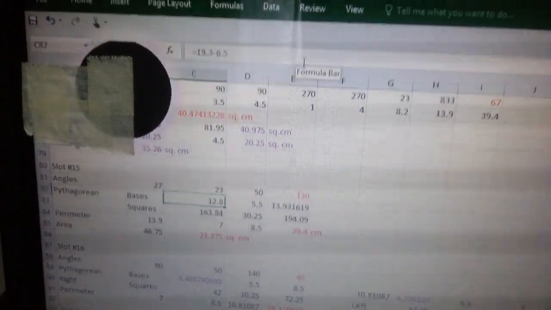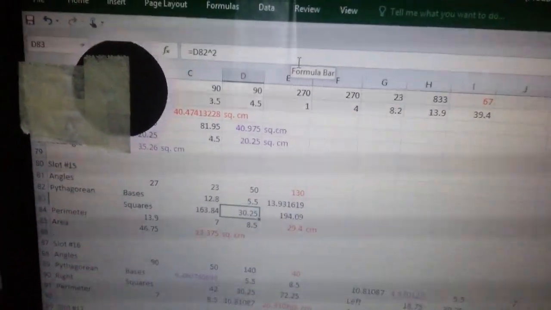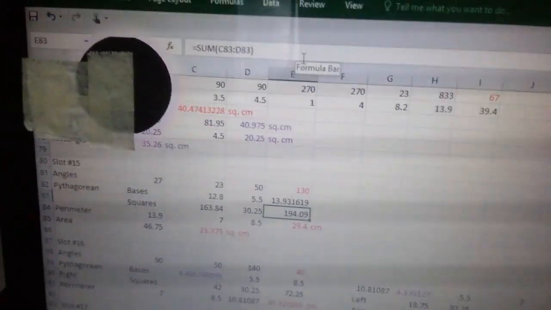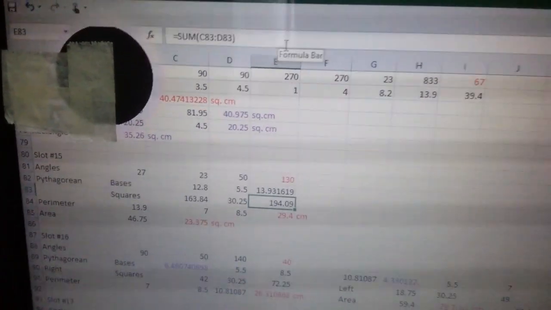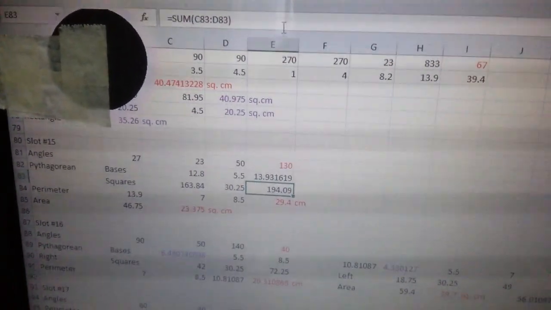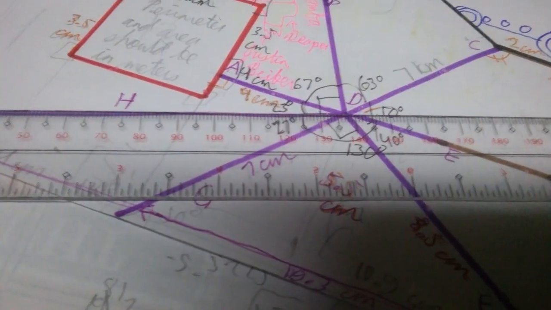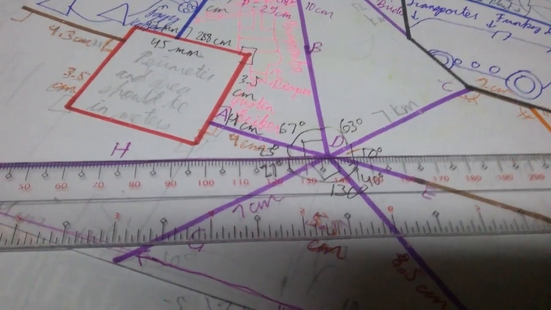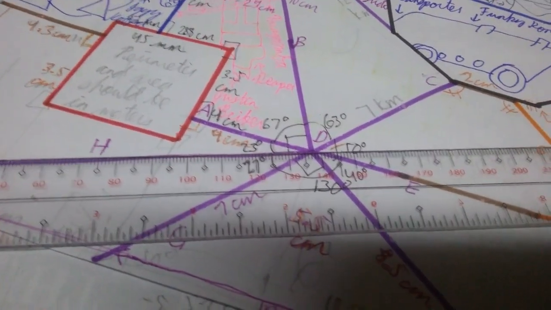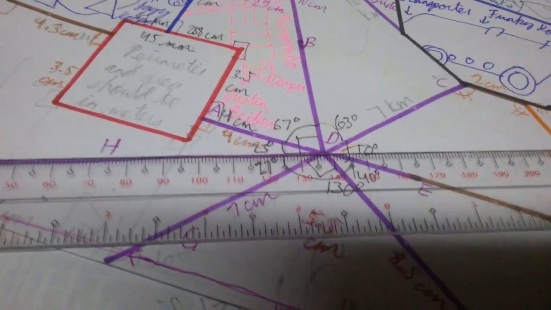Ayun, di ba remember Pythagorean theorem pa tayo? So a squared plus b squared equals c squared. So we square those numbers. We should get something like this. Sinquare na namin, tapos when we take the square root of this number, we should get 13.93, which we round off to 14 na lang. Kung chinek tayo with our use of a ruler, minsan malapit na. Although it's almost not to 14 cm, pero it's